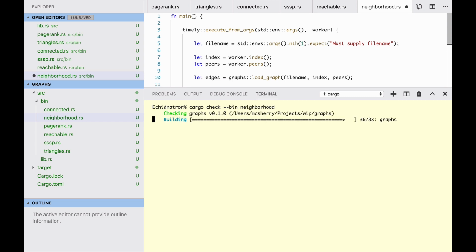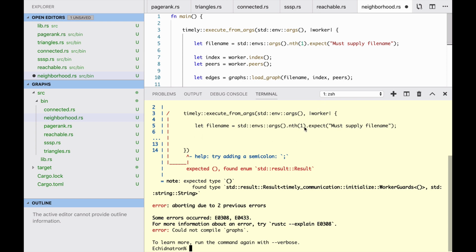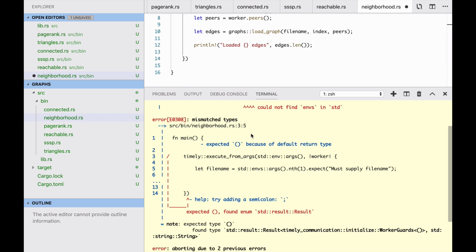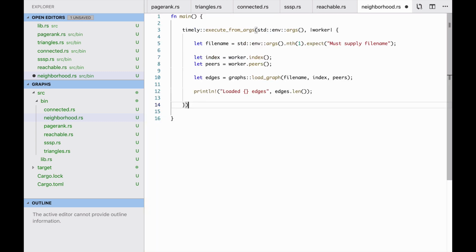Neighborhood. Nope, does not. Oh, so env, not env. Yeah. And I guess we're supposed to have a semicolon at the end. Actually, what we should really have at the end of our timely dataflow computations is a dot expect, timely computation failed,